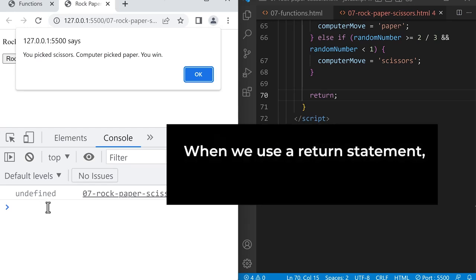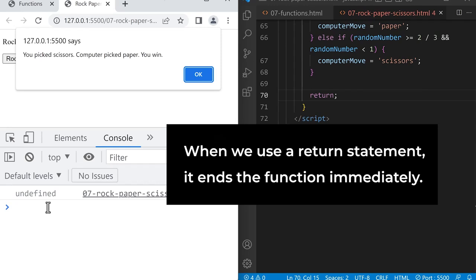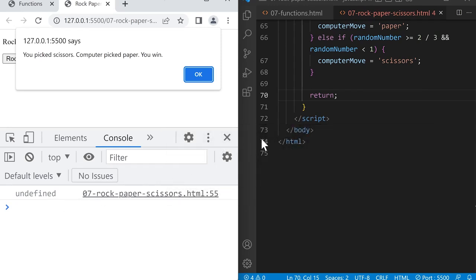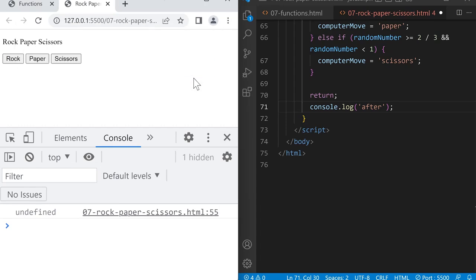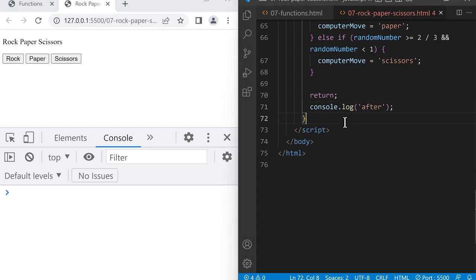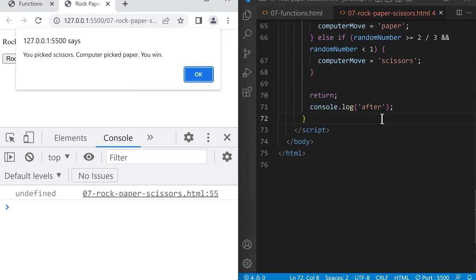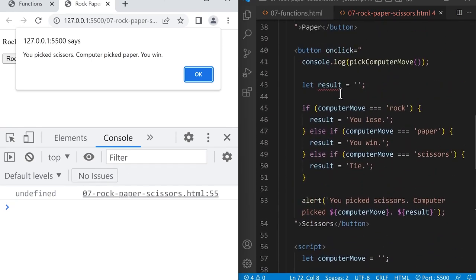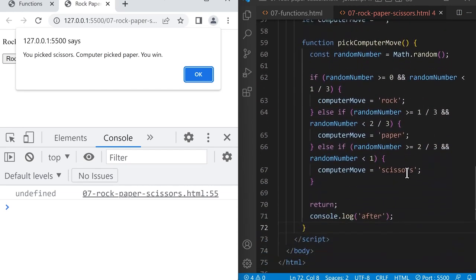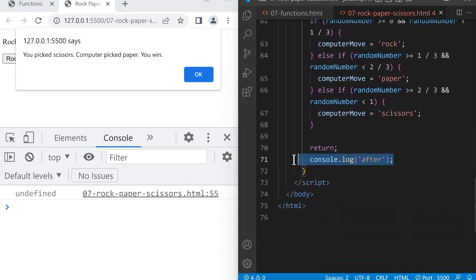And lastly, when we use a return statement, it ends the function immediately. So after the return statement, if we type console.log the string after, and press OK here and save this file, and then click the scissors button, notice that it doesn't run this code. And that's because once we return, the code returns back to where we called the function. That's why it's called a return statement. So it's not going to run anything after the return. So we can remove this code